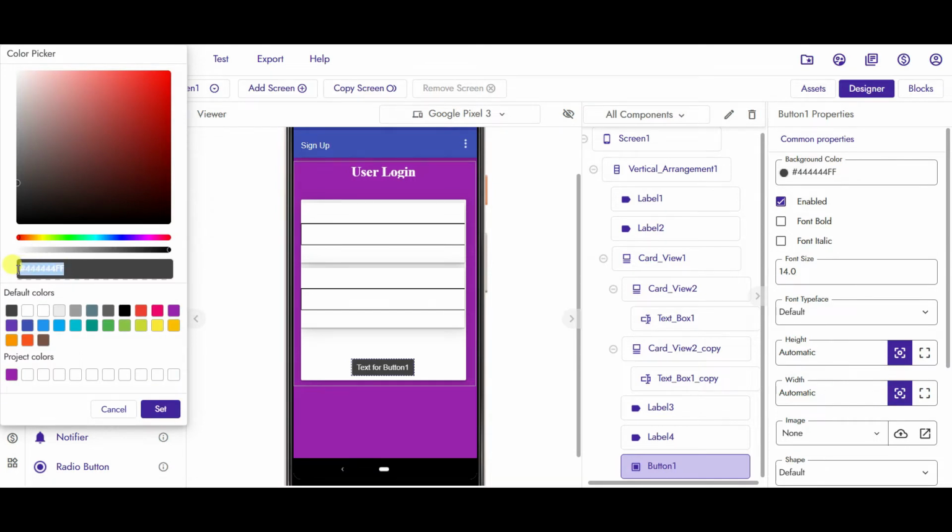Here I have found one hexadecimal code, so you can just change it according to that code. The code is hashtag 00B7 and 4 times F. Make the B uppercase and set.